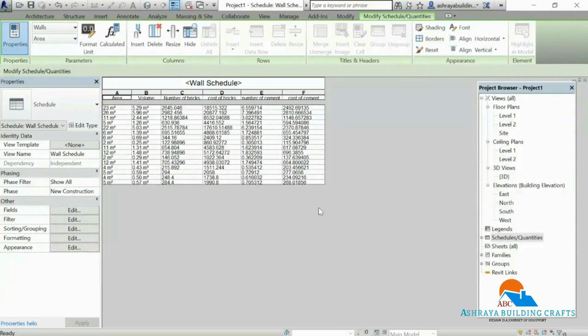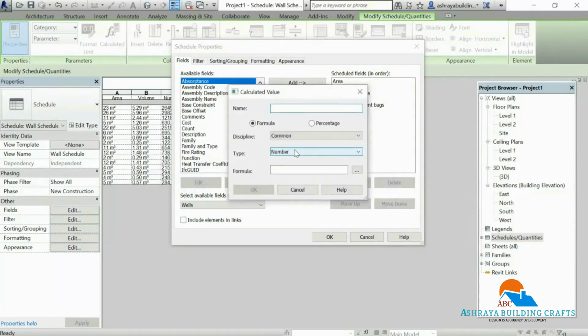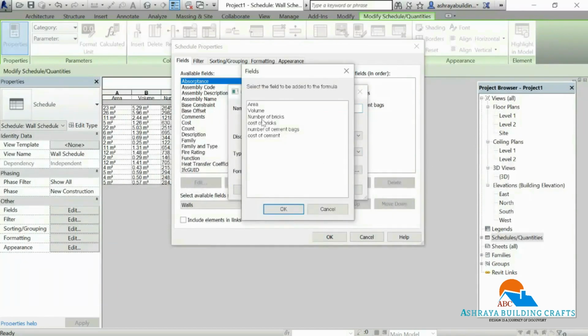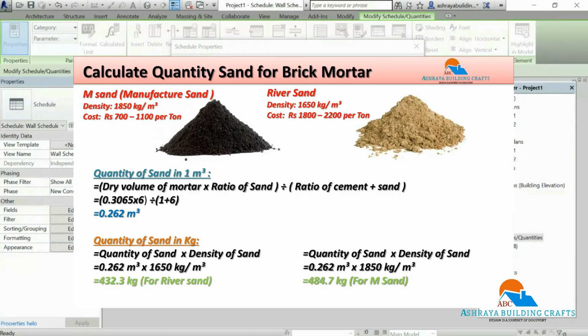Now I need to calculate quantity of sand required. Click on edit, calculated value, quantity of sand, in formula volume multiplied with the sand quantity, that is 432.3 per meter cube, 1 meter cube.